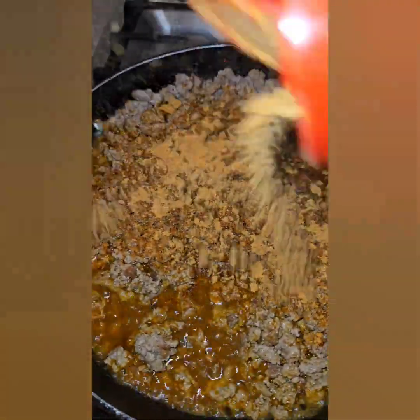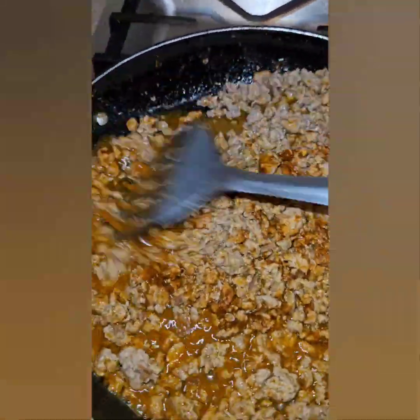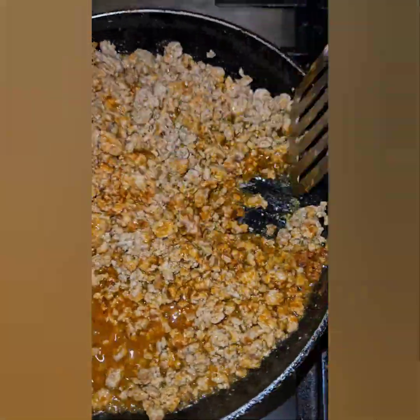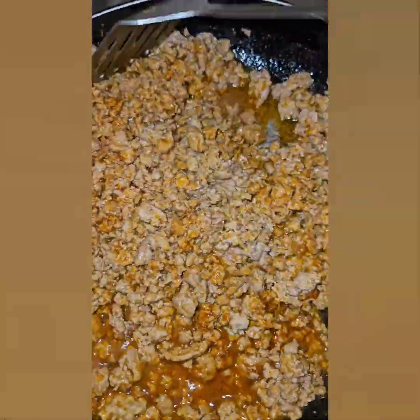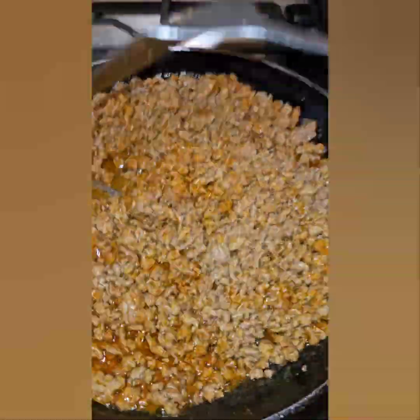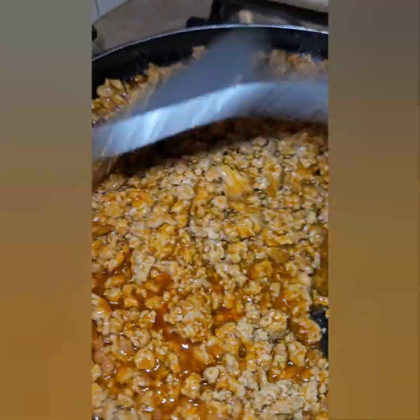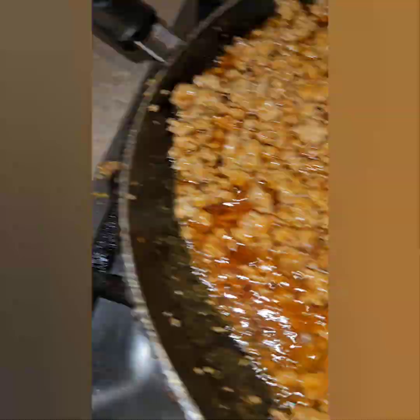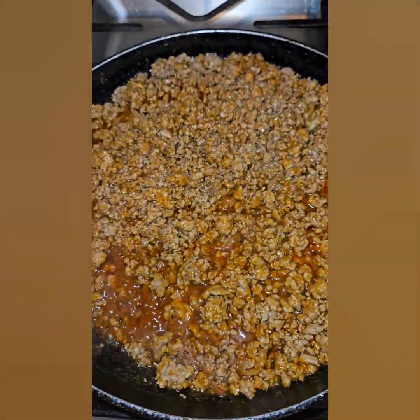Now I like to put more water in mine because I like the juices that drip off of it. That's just how I like my taco meat. I don't like it all dry. And I just give it a good mix and let it simmer down on low heat for about 5 minutes. I drop some on the side there. So just let it simmer down and let those flavors get infused, and you've got a good